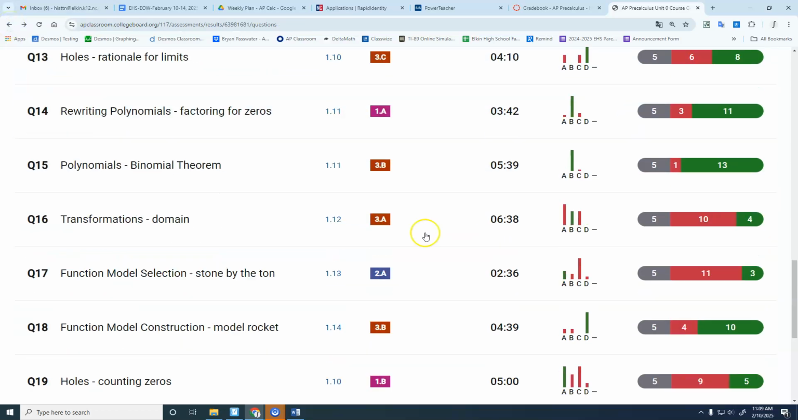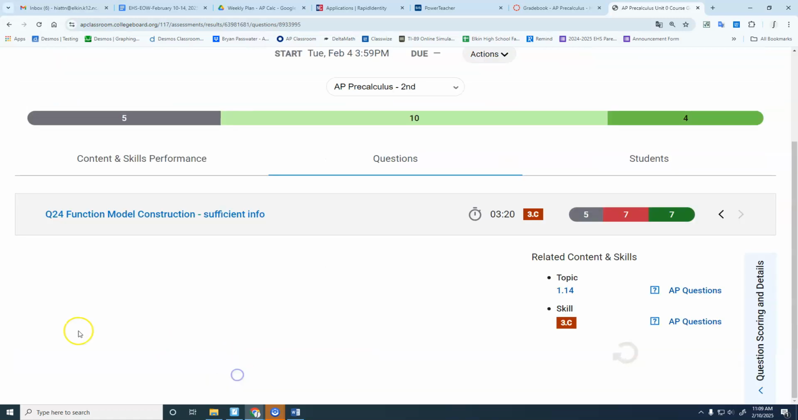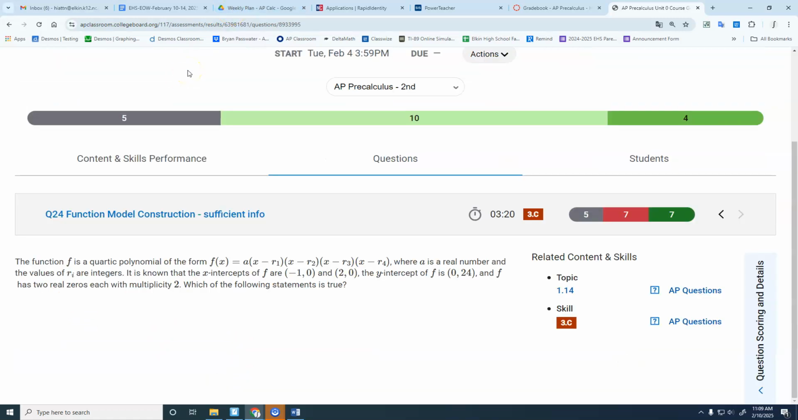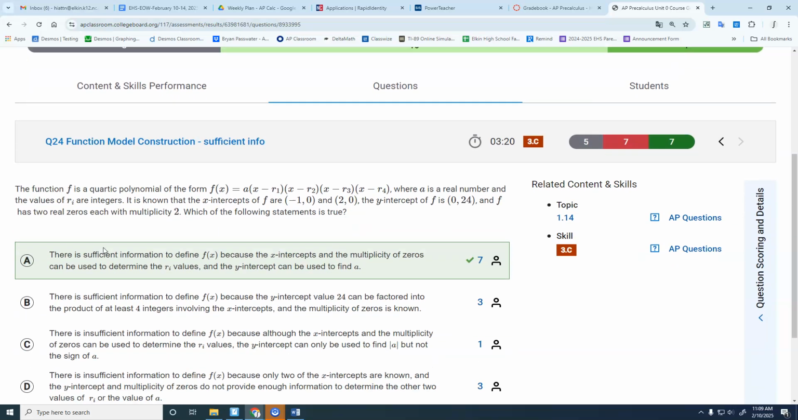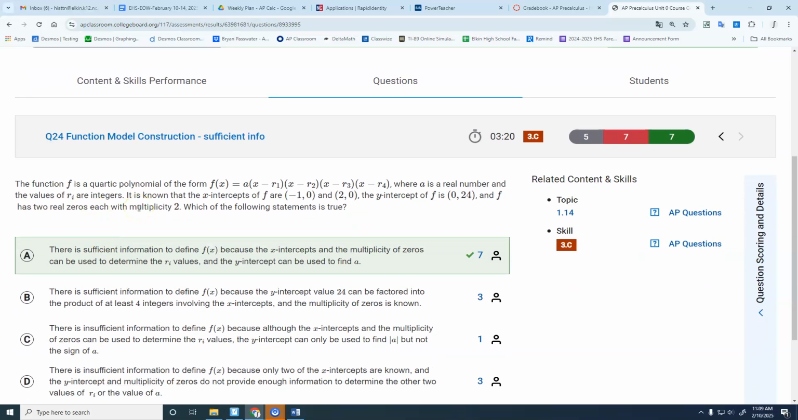All right. And the last one here. Okay, let's see. Okay, so this one,